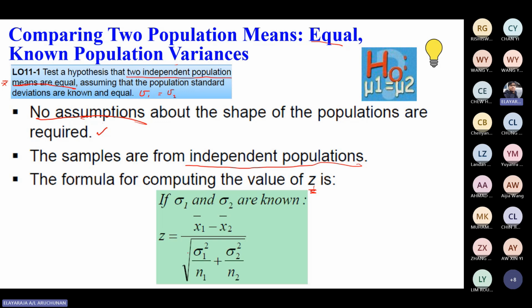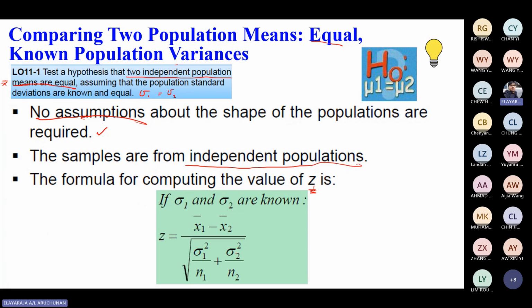For that case, the formula is z equals the sample mean 1 minus the sample mean 2, over the square root of, sorry, the variance